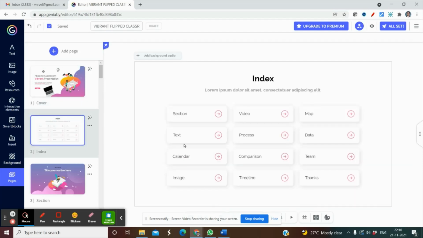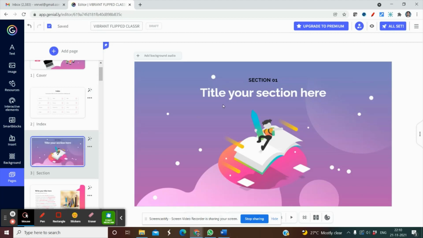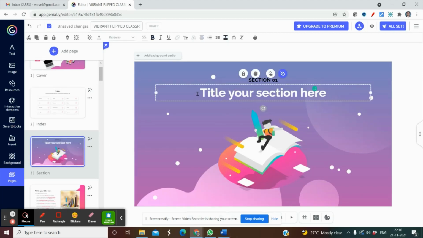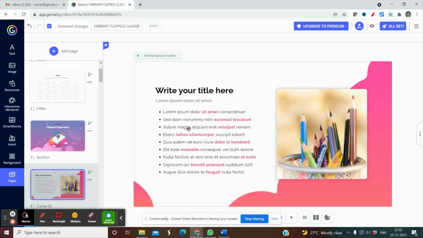On each page you can edit your own text. For demo purposes, I'm just adding Flipped Classroom. This is the title. I'm just adding it here. Write your title.